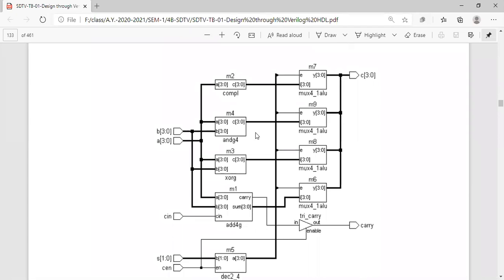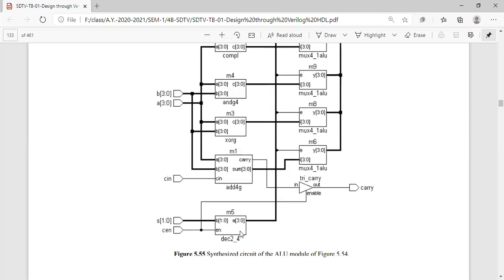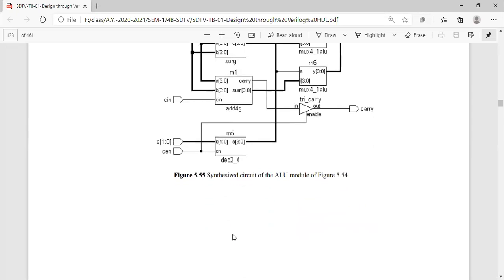That means we enable the corresponding module, the output we get is stored in that corresponding mux, and after enabling those muxes it is transferred to the output. So that is the ALU.